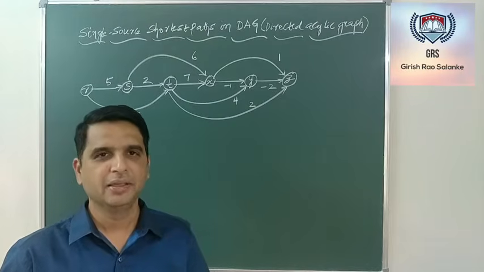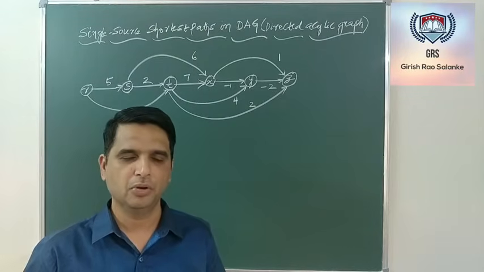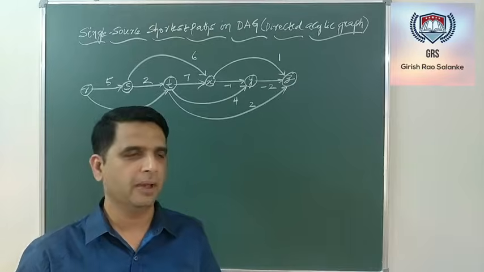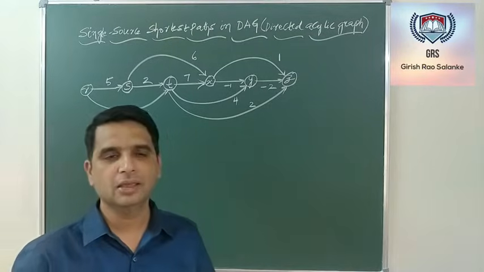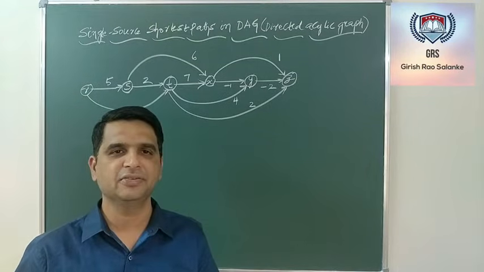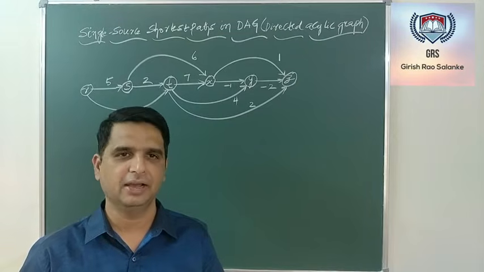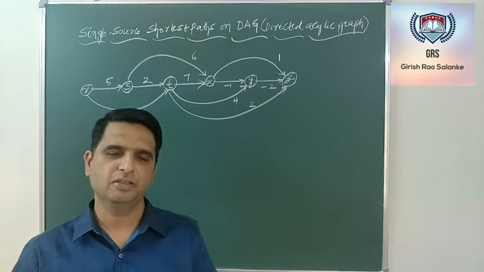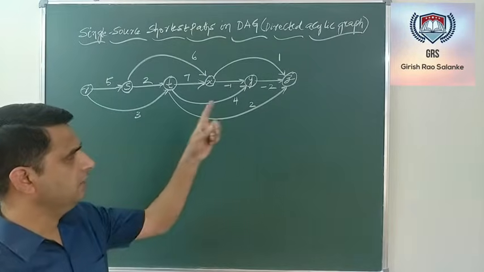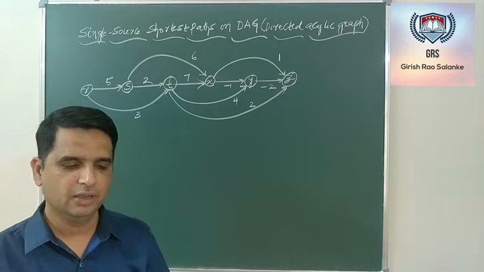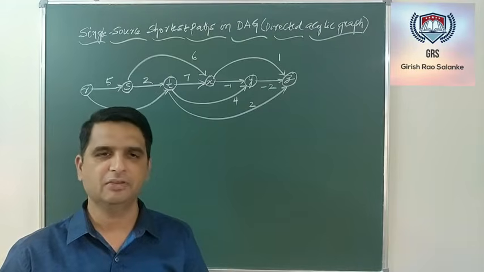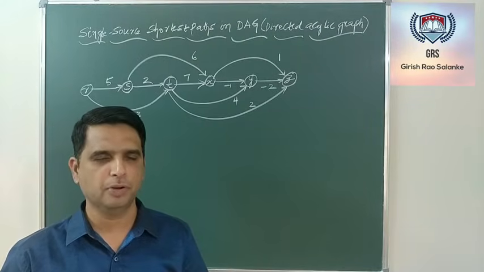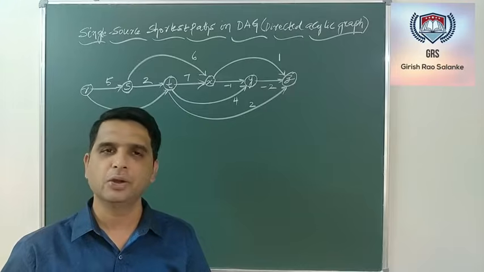Hello everyone. In today's video, we are going to discuss one more shortest path algorithm, the single source shortest path in DAG. Here DAG stands for directed acyclic graph. Now in this algorithm, the input is a weighted graph. In this weighted graph, the first thing that we are supposed to perform is to find the topological ordering